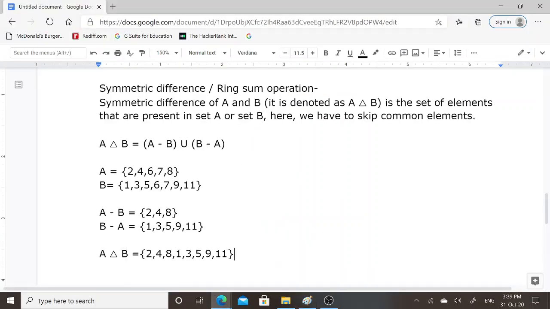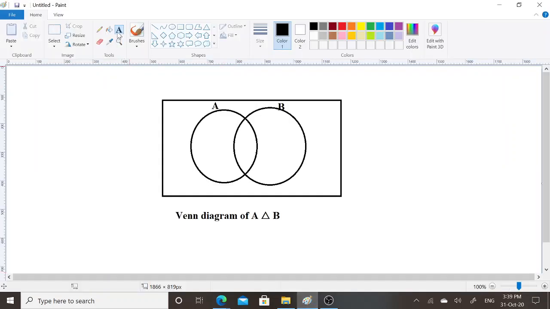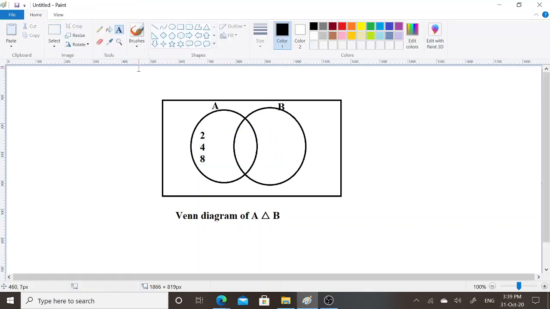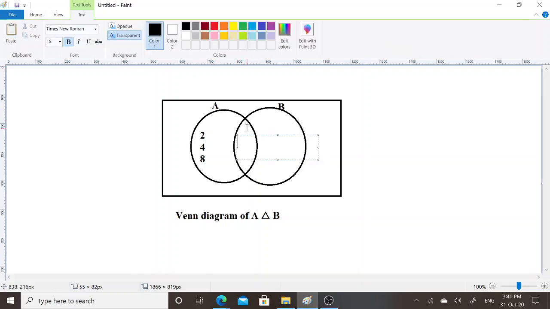Now we need to include 2, 4, 8 in set A. Elements that are present in set A are 2, 4 and 8. 6 and 7 are the common elements that are present in set A as well as in set B. This is the common portion of set A and set B, and I will include 6 and 7 in this common portion.